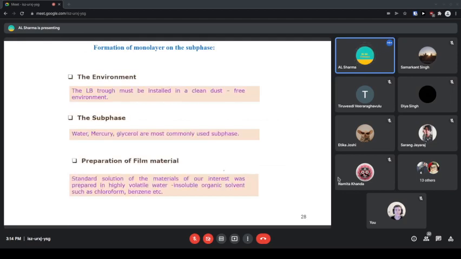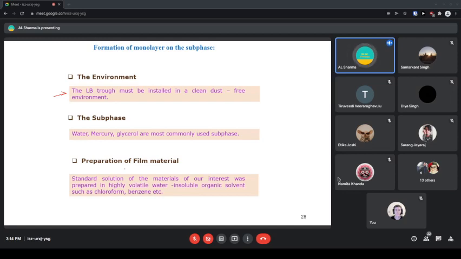Langmuir-Blodgett technique, you see the Langmuir-Blodgett trough must be installed in a clean, dust-free environment. So the trough where you are going to put the water is said to be the trough. Water, mercury, and glycerol are the most commonly used subphases. Standard solutions of the materials of our interest were prepared in highly volatile, water-insoluble organic solvents such as chloroform,